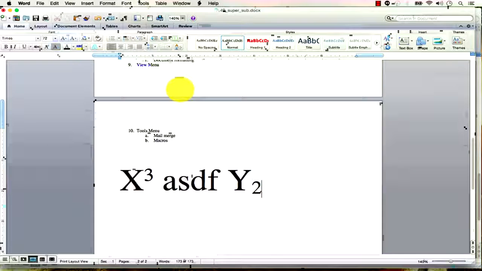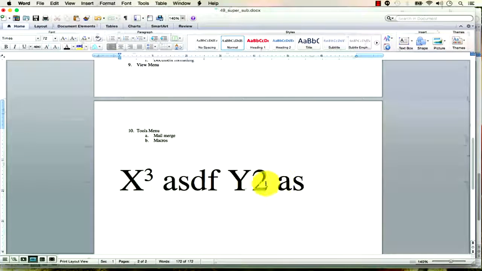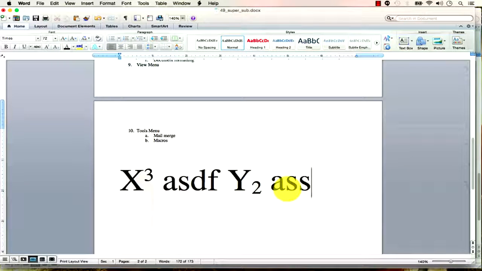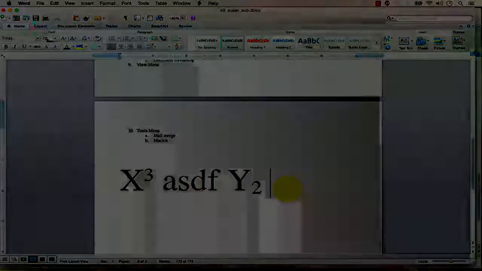And so, Command Z to undo, the reason you want to add something here before you hit super or sub is so that once it's added, you can come up here and keep typing on the level you want to keep typing. All right, that was a funny little typo. That's superscript and subscript. So we're still looking at the home ribbon, and the next thing I'm going to show